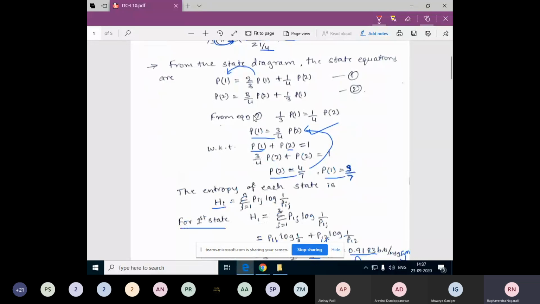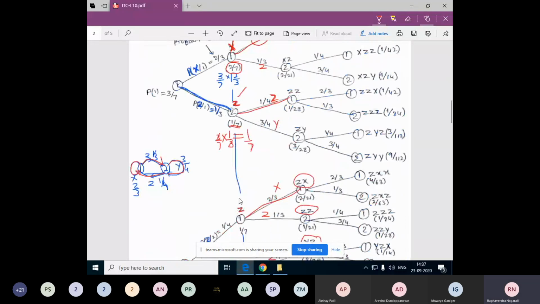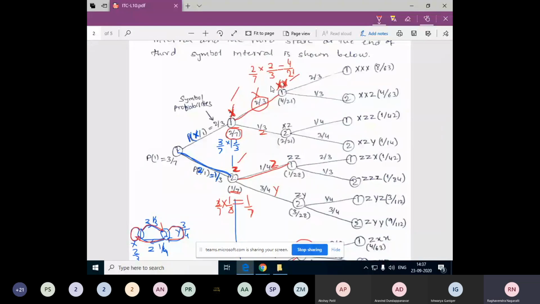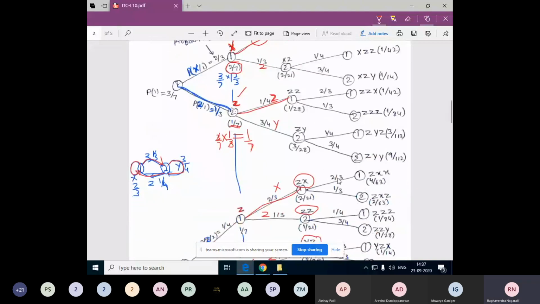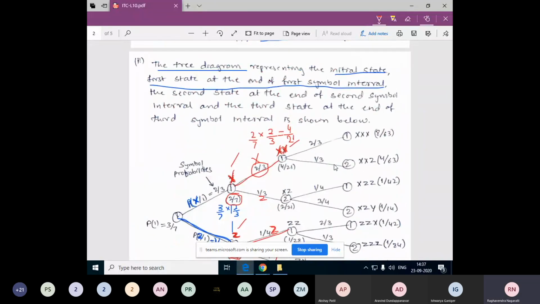Here we have a basic source at the end of the first state, X, Z, and Y. These are the 3 symbols emitted in this first state, and then we go on extending it. So this is the second extension. This is the third extension. About the extension we have already covered in our previous classes. So let's first complete this tree diagram and then we will come to the relation of the tree diagram and the extension. Have you understood up to this point?